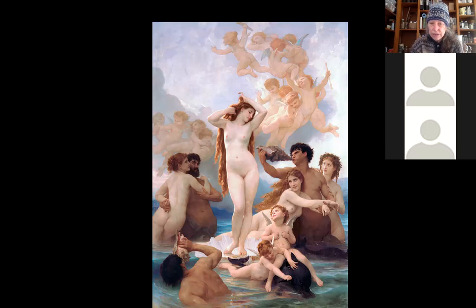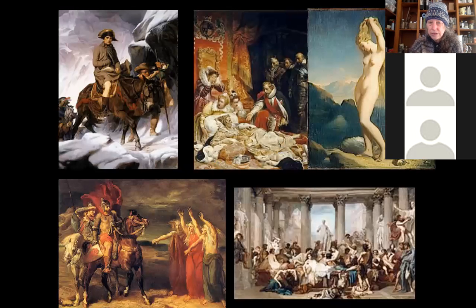And also all these other mythological figures, like these sort of mermen or something that are blowing on a horn. And I don't know what she is, a sea nymph of some sort. And then again, a baby riding on a dolphin. He's got little reins that he's steering the dolphin with. And of course, the baby has wings. So the whole thing is not something that you or I have ever seen or ever will see. It's just kind of crazy. But this is academic painting of the mid-19th century.